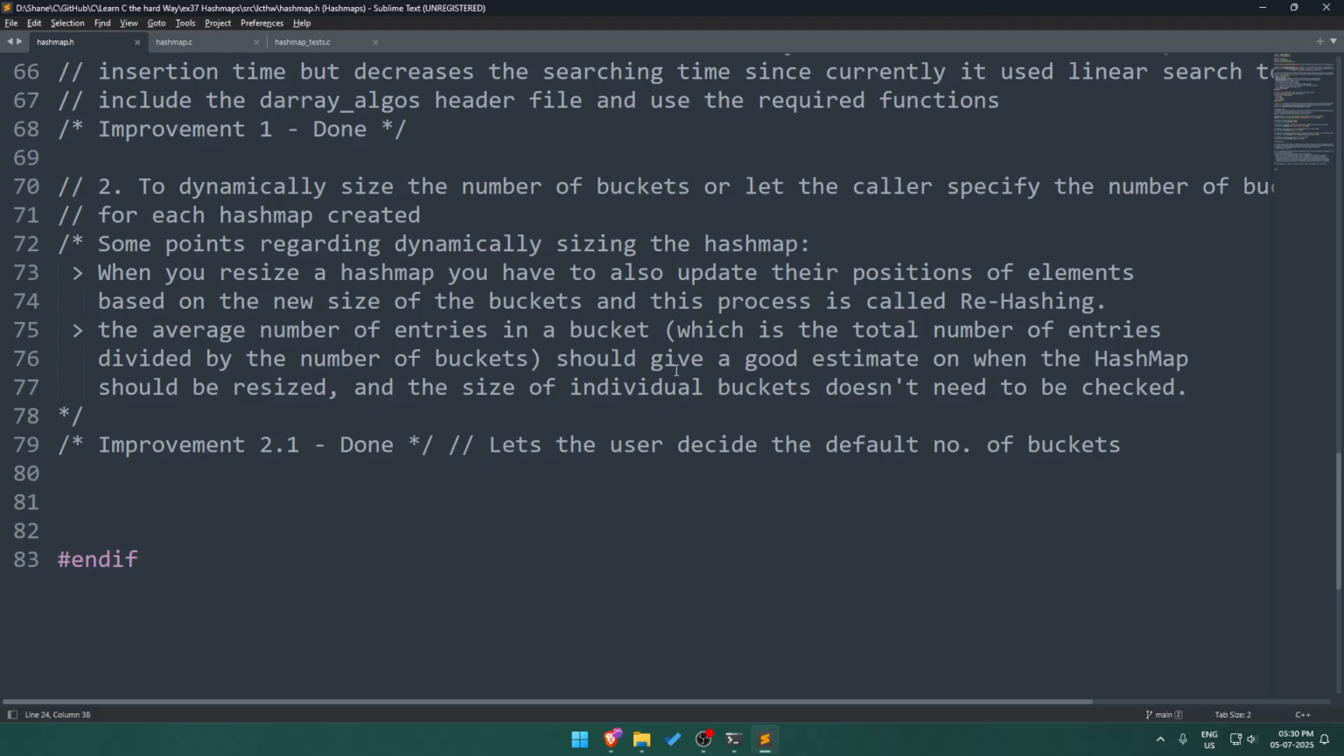buckets, should give a good estimate on when the hash map should be resized, and the size of individual buckets doesn't need to be checked. Okay, so